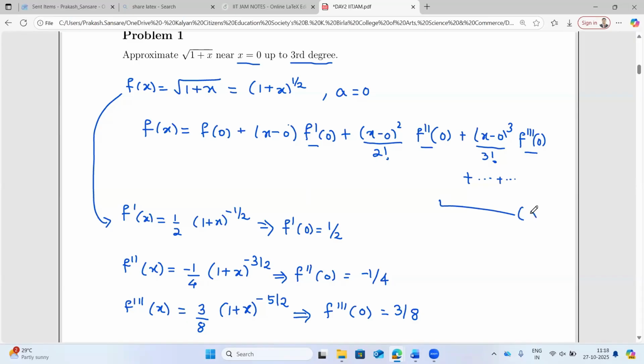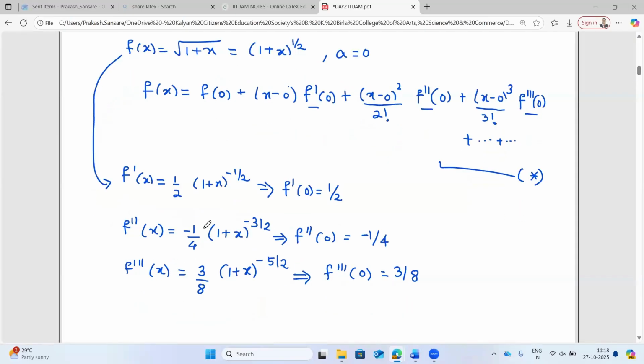Let me call this formula star. If I substitute this value in star, what I'll get is as follows. So f of x is equal to, I also need to find out f at 0. That can be easily calculated. f at 0 will be the square root of 1 plus 0, so it is 1. So f at 0 is 1, plus x times f dash at 0, which is half,